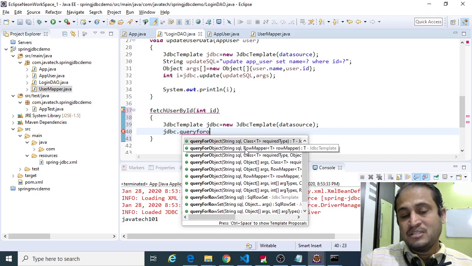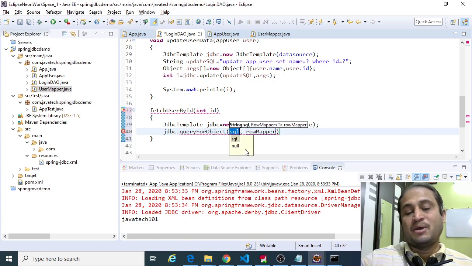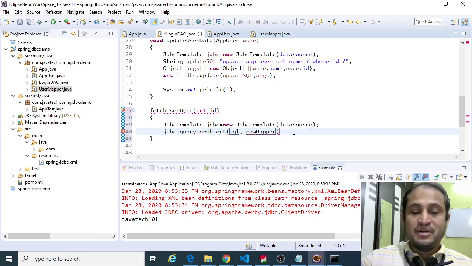I am taking this particular method to explain the concept of row mapper, how it would dynamically query the data using the row mapper. So it is taking an argument of SQL and a row mapper.